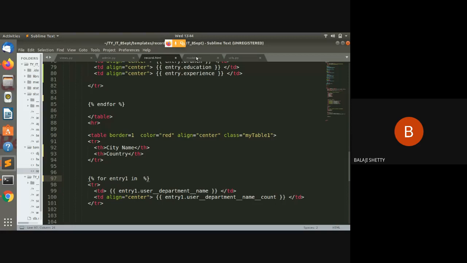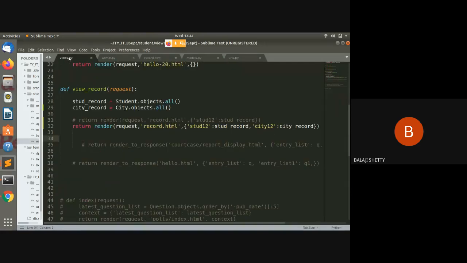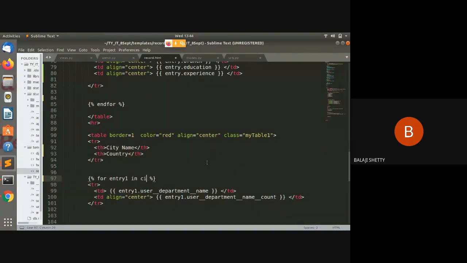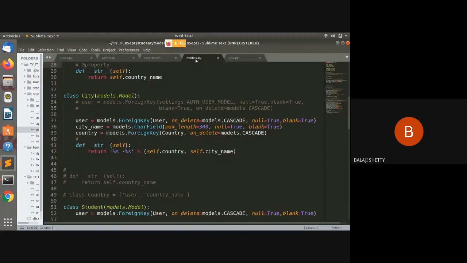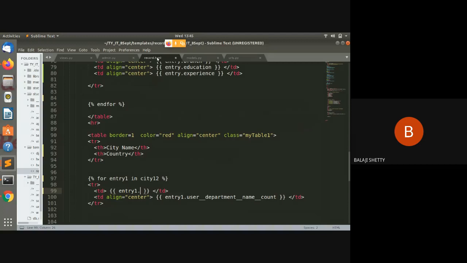What was my variable name? Can anybody tell me? city12, city12. Okay, and here what I am expected to do: entry1 dot, what was the column name? I forgot. User, city name, country. City name.